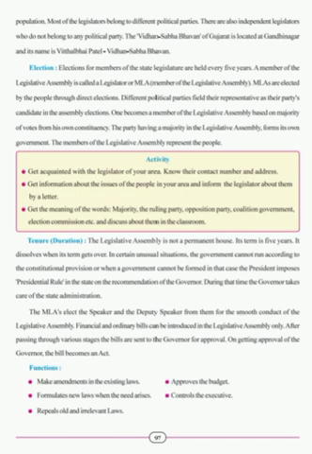Functions: makes amendments in the existing laws, formulates new laws when the need arises, repeals old and irrelevant laws, approves the budget, controls the executive. Students, the Legislative Assembly has its own functions. They have their own duties to work. A few functions of the Legislative Assembly are: first, it makes amendments in the existing laws. That means if they feel there should be some changes in the existing laws, they can make amendments, and then enforce the law again.